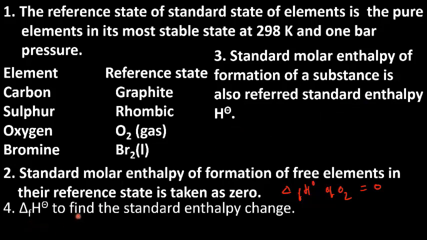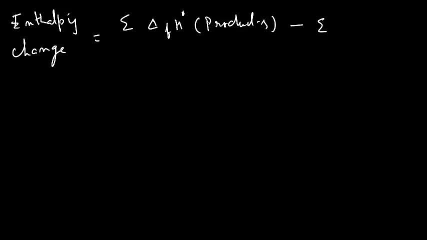Delta fH naught to find. The significance of the standard molar enthalpy of formation is to find the standard enthalpy change of reactions. Enthalpy change taking place in different reactions is calculated by using standard molar enthalpies of formation of different substances. So the enthalpy change taking place in a reaction, ΔrH, equals sigma ΔfH naught of products minus sigma ΔfH naught